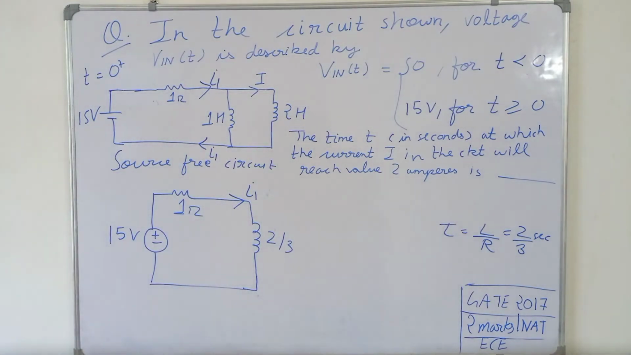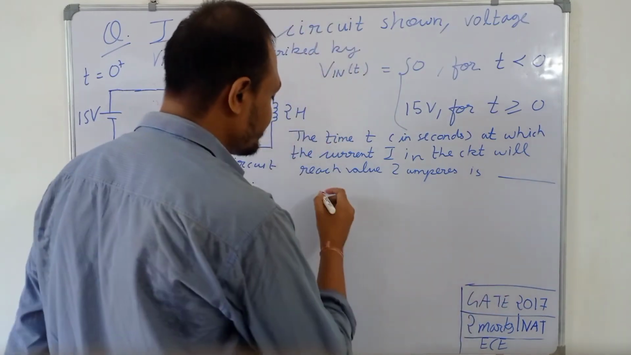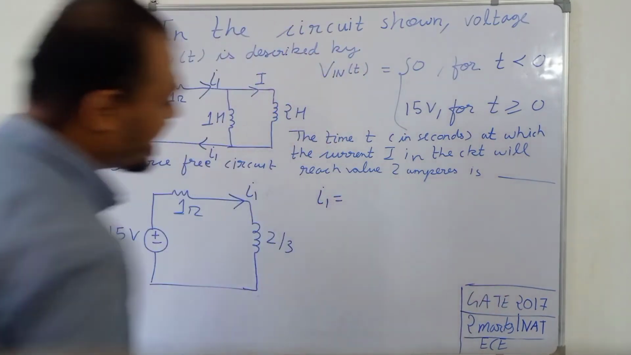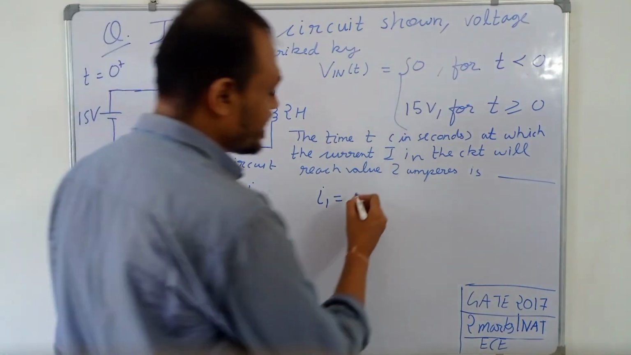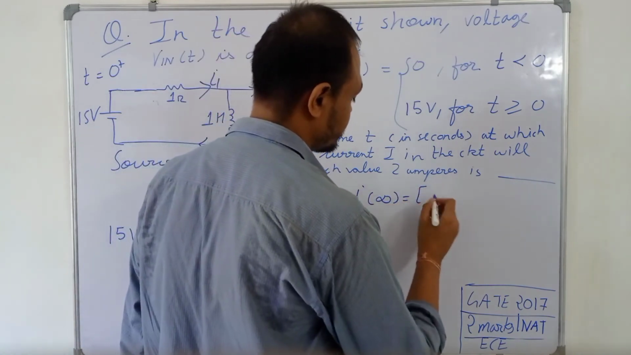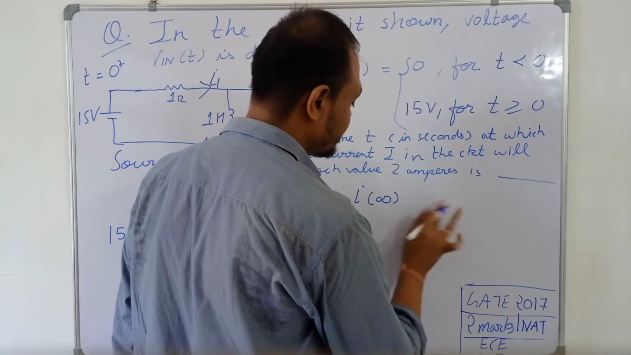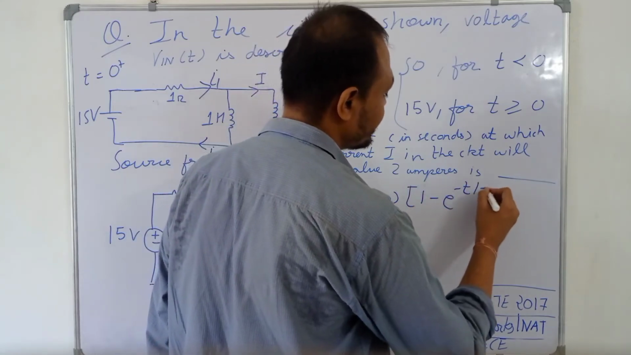So I hope you have got the difference between the current capital I and I1. Now I1 will be equal to, see, I of 0 plus is equal to 0. So we can write the equation for current I1 like this: I infinity into 1 minus e to the power minus t by tau,